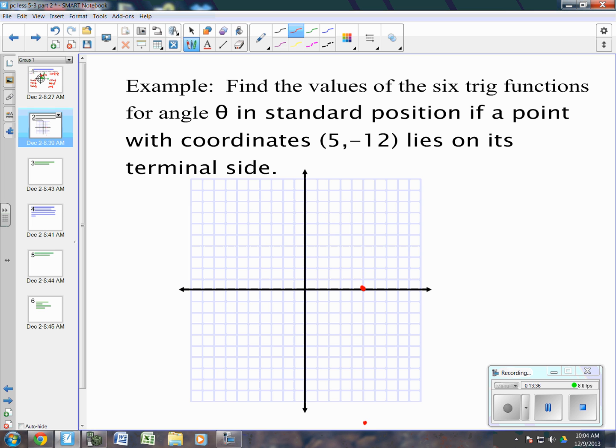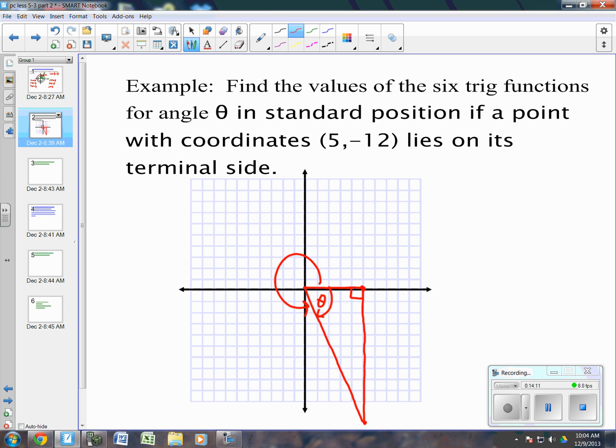And so we're going to draw a line from 0, 0 to our point 5, negative 12. Now, this is our angle theta. We're going to use reference angle because I don't know if we got to the angle by going around this way or if we went by going this way. It really doesn't matter because we're using the reference angle. Remember, the reference angle is between the x-axis and the terminal side. So we're doing that one, and so we're going to drop our line straight down to here,